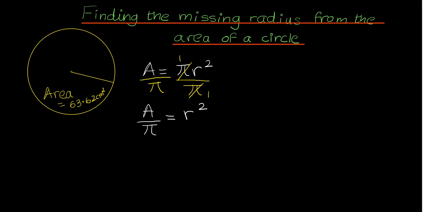And then in order to find r from r squared, what we would have to do is square root both sides, which is the opposite of squaring something. Now on the left hand side, we would have to square root everything under the fraction, both the numerator and denominator. So in the end, we would be left with r equals the square root of A over pi,